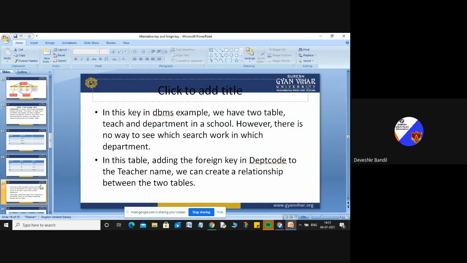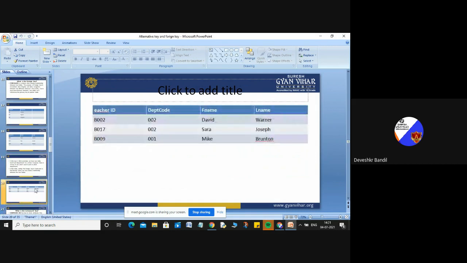In this table, by adding the foreign key department code to the teacher table, we can create a relationship between the two tables. Here you can see teacher ID, department code, first name, and last name.